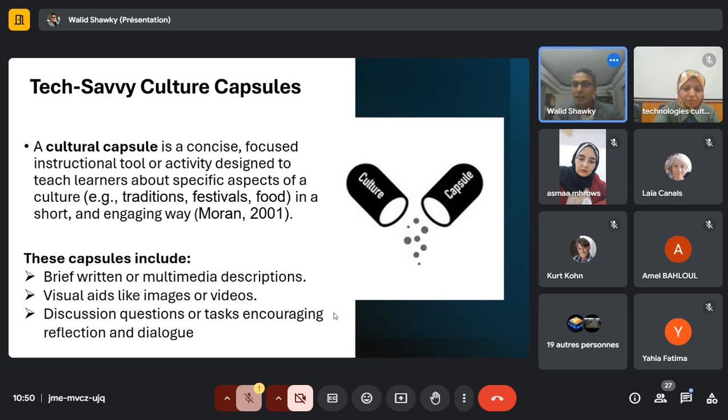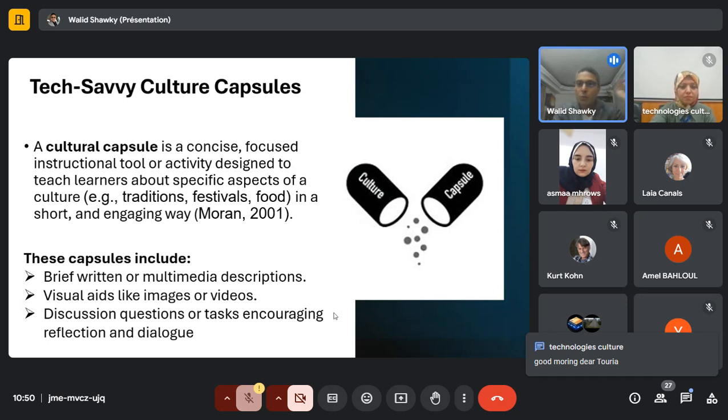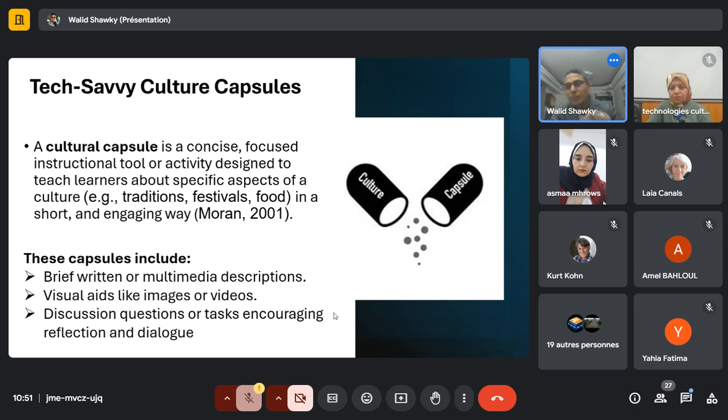students' needs, level, and culture, which is most important, because we might find a lot of activities and a lot of tasks and a lot of cultural capsules available online to be used in the classroom, but they are not appropriate for our students' culture. Again, I've seen so many teachers trying to find videos on YouTube and show them to their students in the class. The level of the language is high, so students cannot understand it.